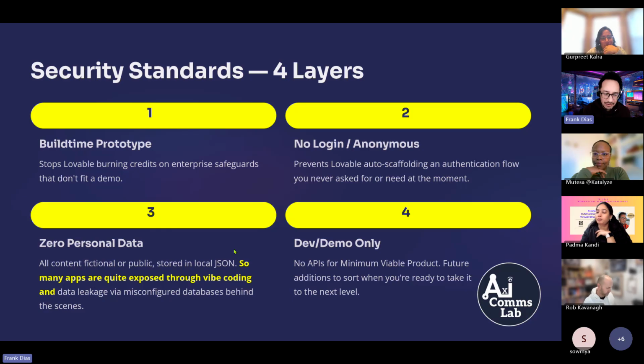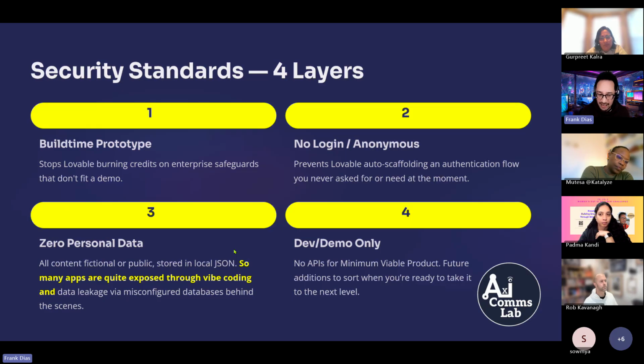And then number 3 is about zero personal data. I'm saying to Lovable that what I'm building with this web app doesn't need any personal data. It's not capturing anything, so my web app idea is very simple. What I'm trying to do is give Lovable knowledge that what I'm building doesn't need too much security around it, because it's a fairly safe web app.